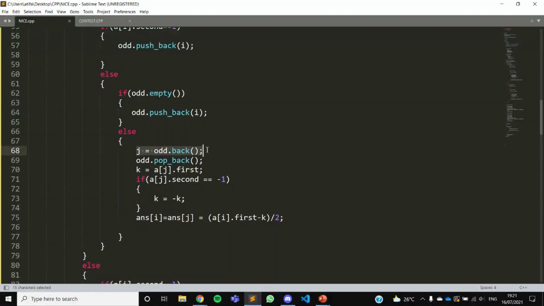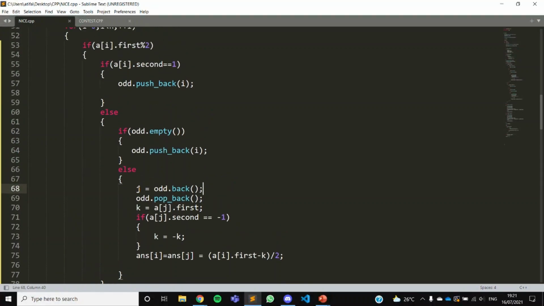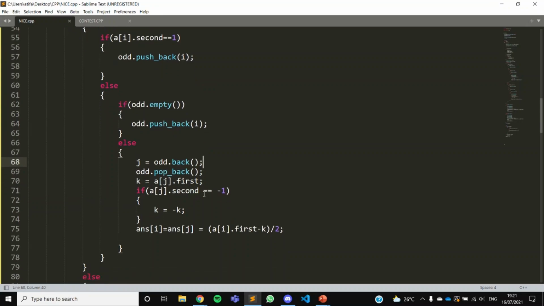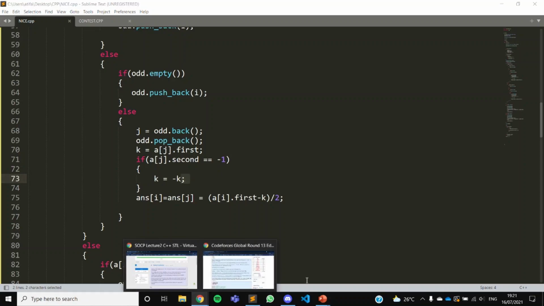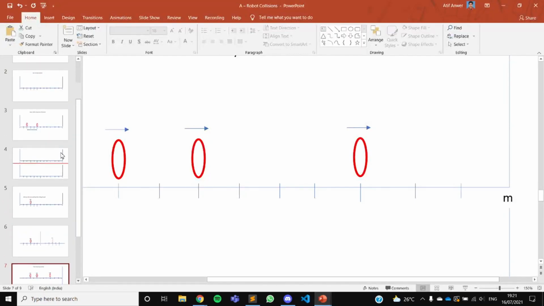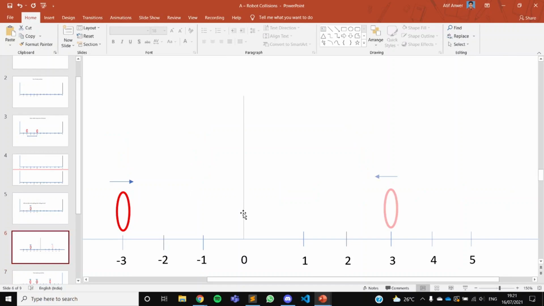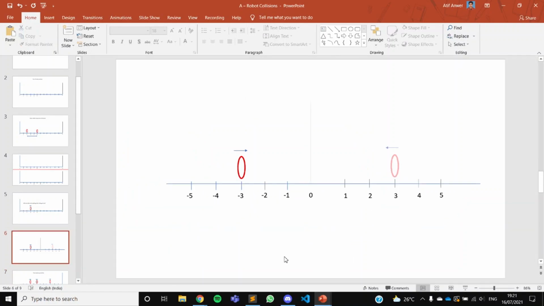Since I'm storing the position, j stores the position in the sorted robots, and k is the position of it based on the coordinates given in the question. If it's towards the left, I'm taking minus of k. This is based on the observation that it can be considered like this. That's why I'm taking minus of k.